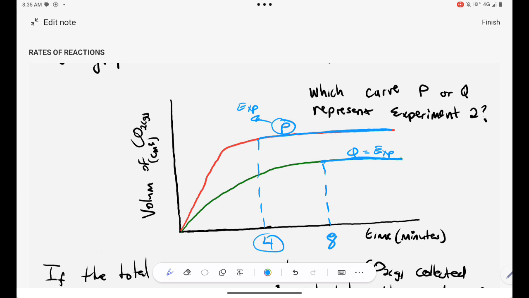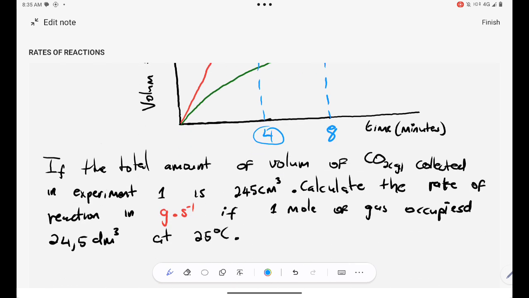So in this case, our curve P is the one that represents experiment 2. Are you together? That's experiment 2 and that's experiment 1. Okay, and then now we are being told that the total volume of carbon dioxide collected in experiment 1 is basically